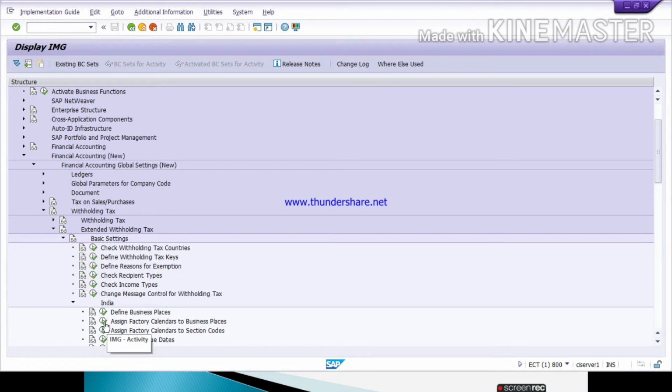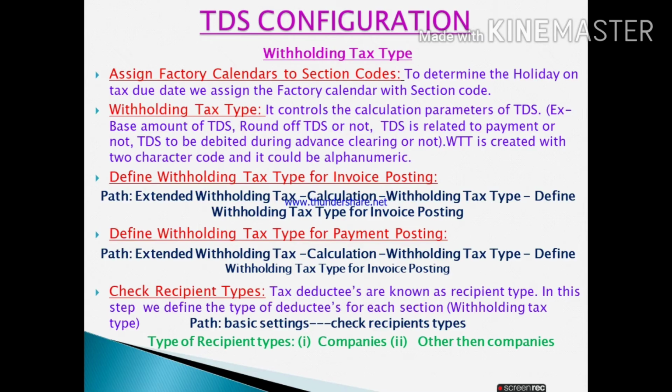Here the second one, assign factory calendar to business area. This is a step, assign factory calendar to section codes.